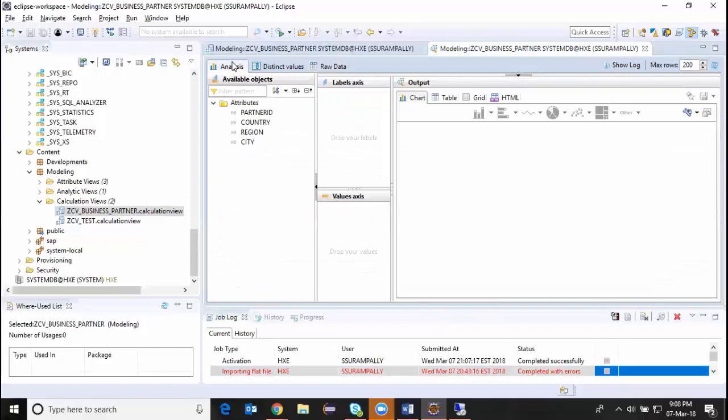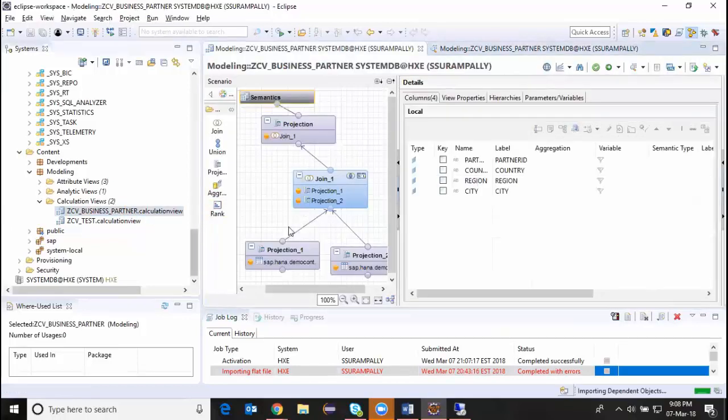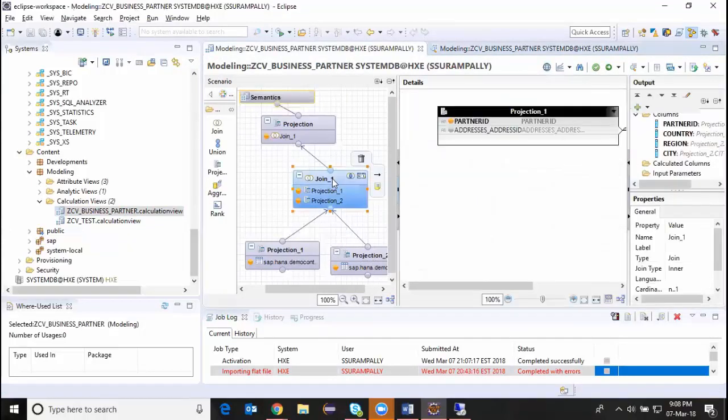That's about the basic calculation view of dimension category, the master data view. So you can join multiple tables. Once you join address, you get the result. With this result, you can join another table. With that result, there could be another table, and so on. So you'll be able to join several tables together in the calculation view of dimension category, but you will always have only the dimensions, and they are not